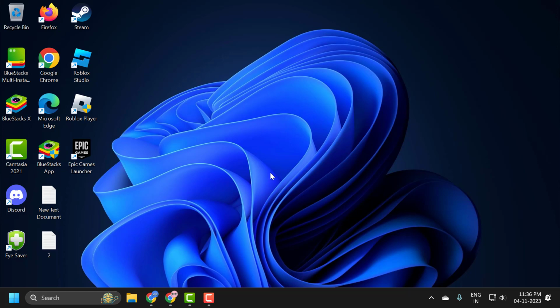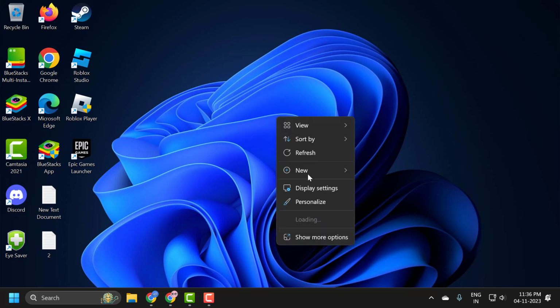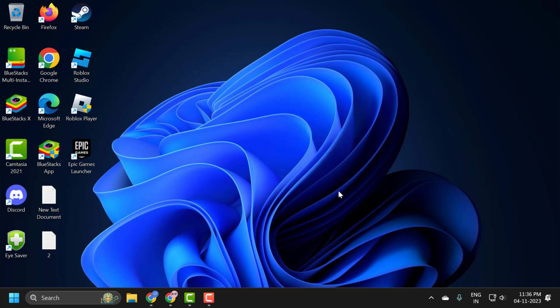Today we are going to see how to resolve the screen resolution problem you are having on your Windows 11 computer. Let's fix it, guys. You just need to right click on the desktop and select display settings,